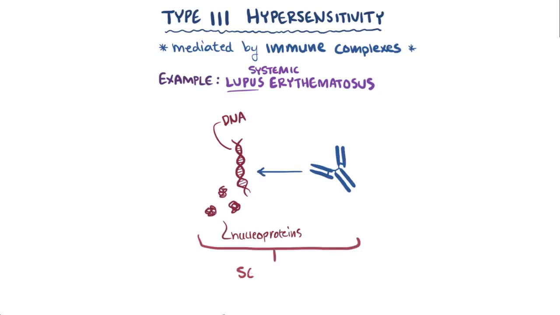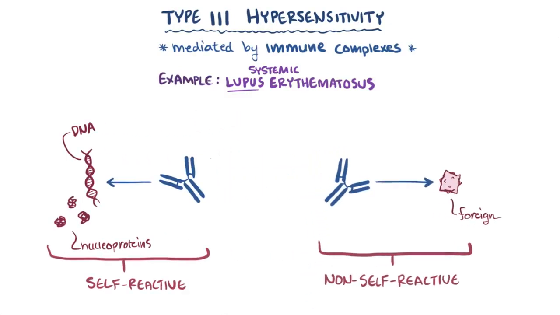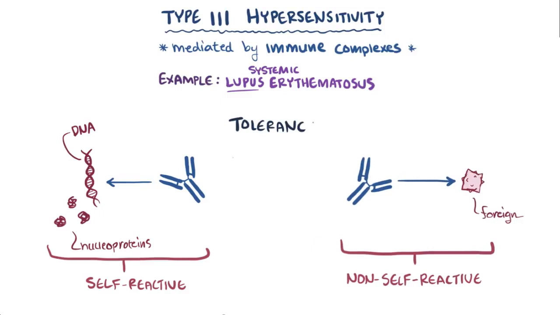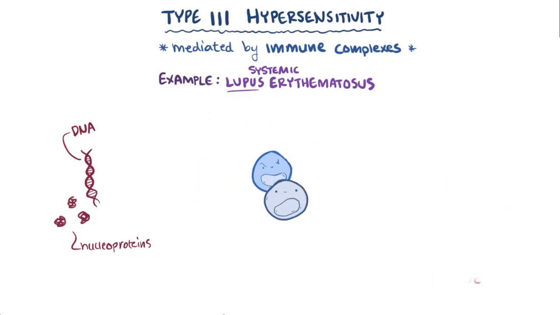cells, making them self-reactive. Normally, your body should only react to things that are foreign, or not self. And this is maintained by a process known as tolerance, where only non-self-reactive B and T cells are allowed to mature, whereas self-reactive B and T cells aren't. This process, though, isn't perfect, and sometimes some self-reactive cells can escape, and these can mount an immune response against